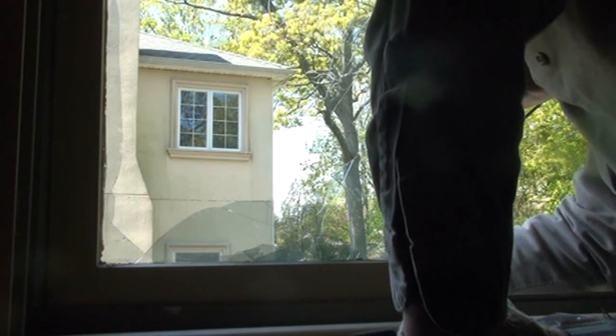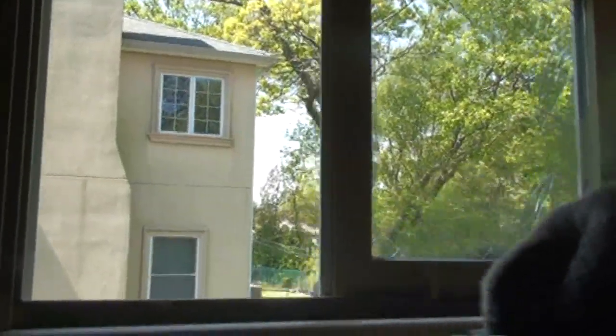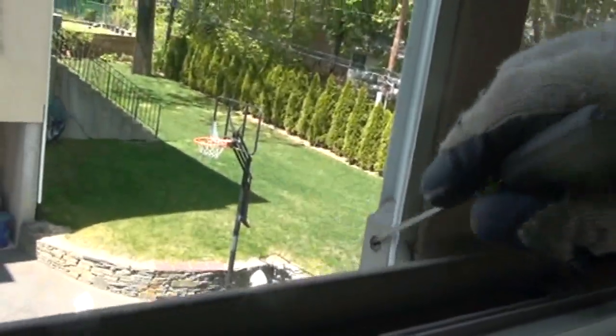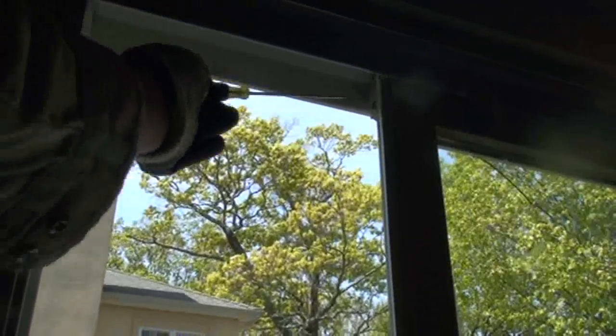So we're cleaning up some of the bigger shards with gloved hands, of course. And then we're going to come in and remove this second sash here. So now I have access to those left side adjustment screws. One, the lower one, and there's the top one. So we're going to give them like a half a turn,